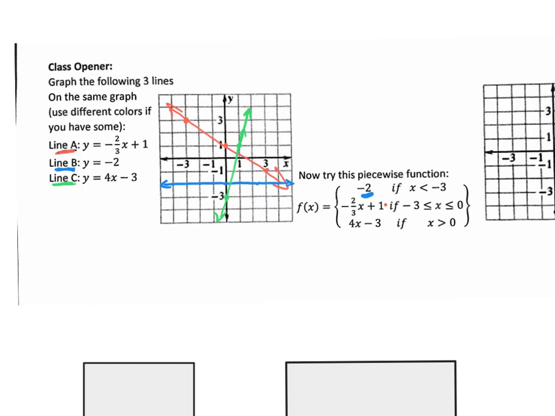And the y equals 4x minus 3. Y equals 4x minus 3. We're going to do in green. That way you guys could clearly see what we're doing. So let's graph